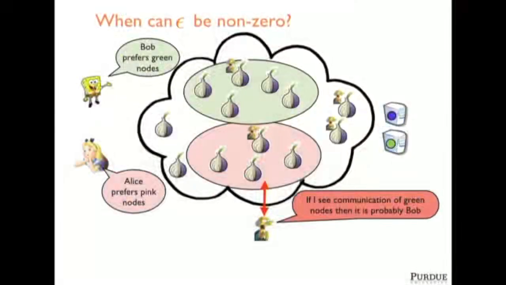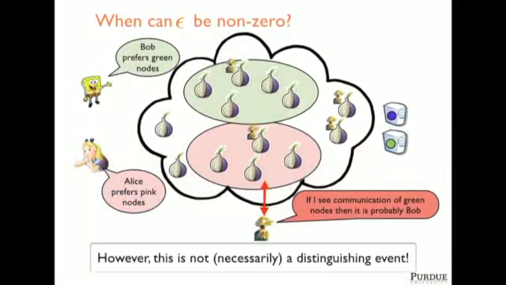Okay, so as I mentioned, although an adversary sees that the message is flowing through a pink node, it is not always a distinguishing event. Okay, but it still has some information, and this information is captured by the differential guarantee. So those are the two examples that I wanted to give, and with that I'm going to end my talk,